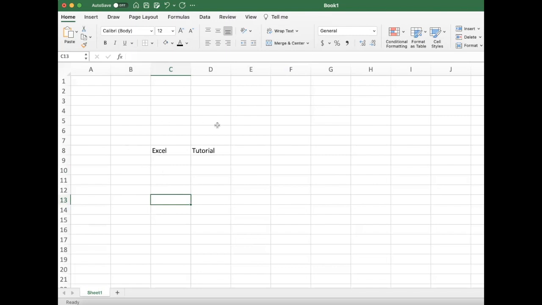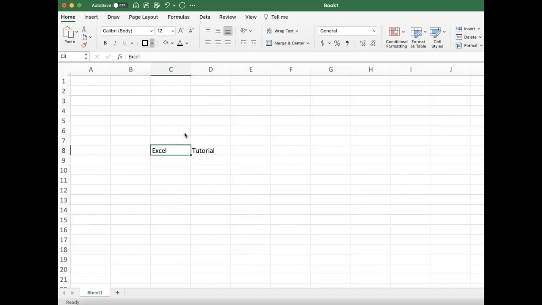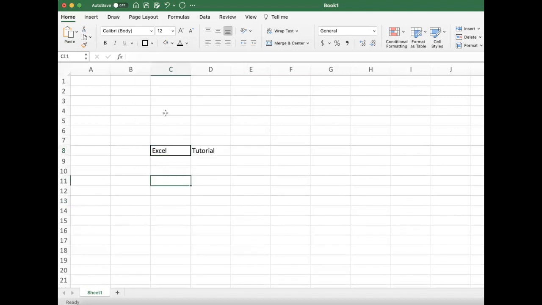You can notice how the words Excel and tutorial both have no borders with them. If I want to add borders around the word Excel, I would click on the cell again to select it. Then I will move over to this icon that looks like a box, and click on the drop-down arrow. It'll give me a lot of options regarding which borders you want. We're going to choose this thick box border. Now if you look at it, you can see there is a thick box border that has been